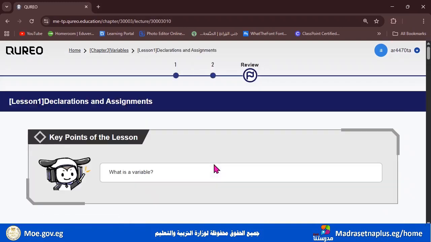Starting with declaration and assignments. What we will learn here is what's a variable. What's a variable? يعني إيه متغير؟